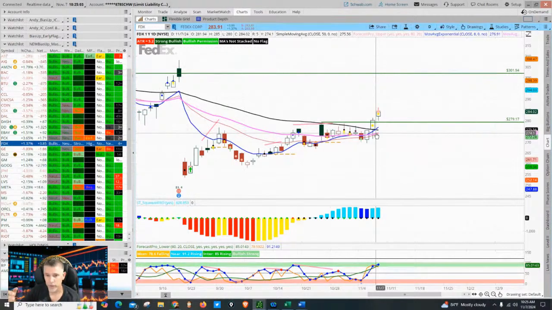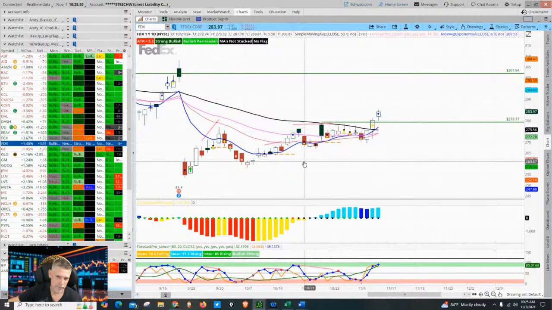Well, you should know that. I'm only going to post high probability setups today in the group. That's important. I'm telling you every day when I go through my watch list and my scans, I'm telling you in the group, this is the high probability setup. It's up to you what you do with that information.